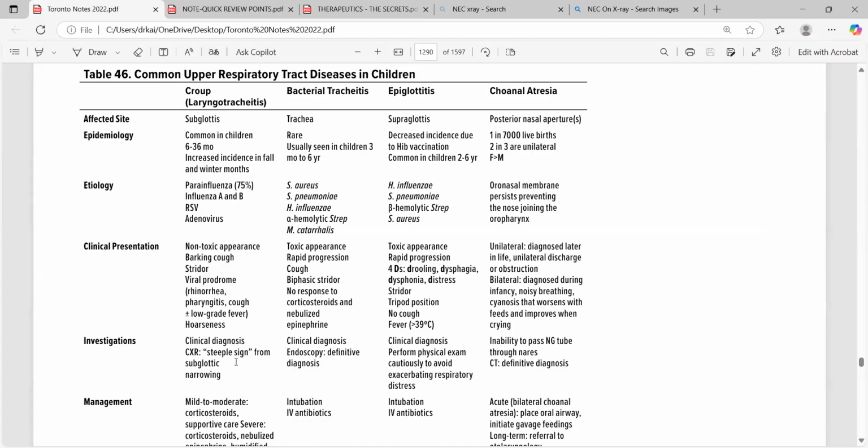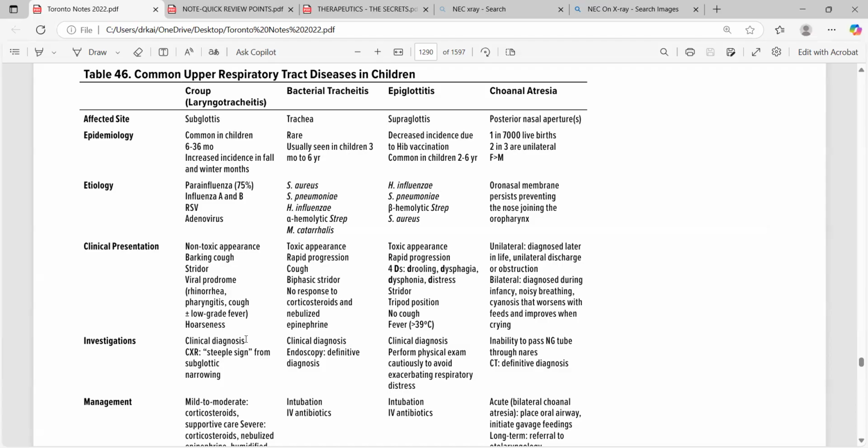This is basically, although we go for chest X-rays, steeple sign, whatever, you can see this is a clinical diagnosis, and this is also inability to pass the NG tube. So if you choose chest X-ray, it's wrong. Although I'm not saying that doing chest X-ray is wrong,